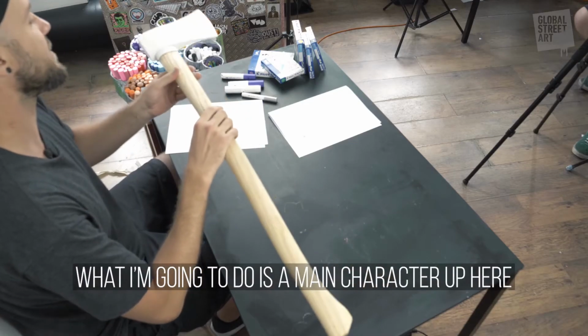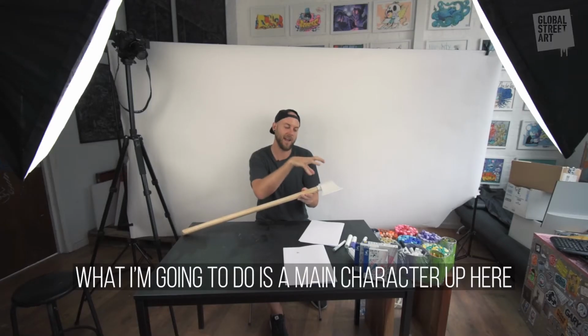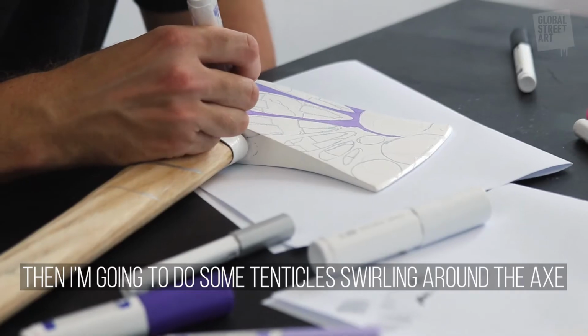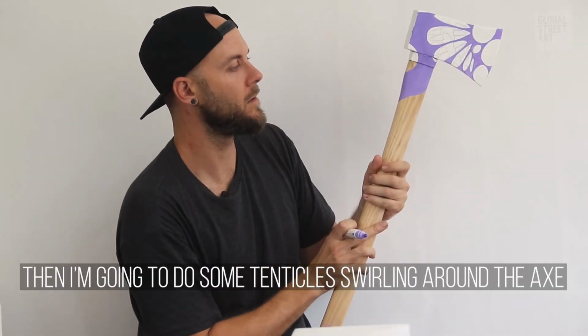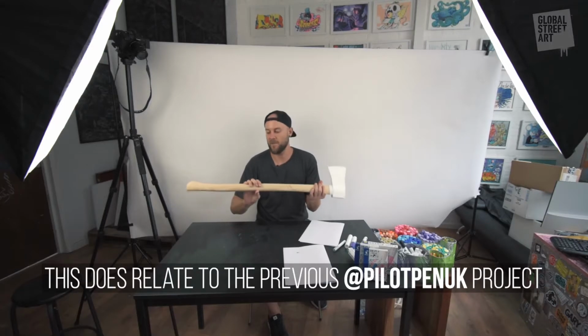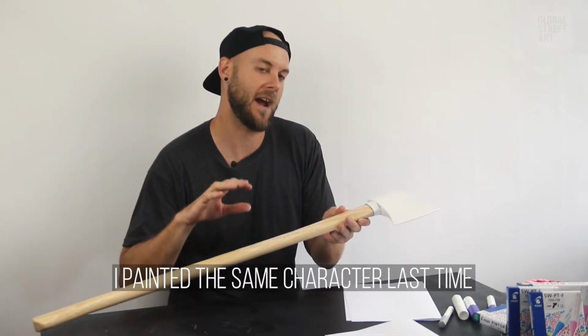Then what I'm going to do is a main character up here. I do a lot of character stuff. So I'm going to do the main bit of it up here, and then I'm going to do these tentacles swirling around the axe so that you can still see some of the wood as well. This does actually relate to the previous Pilot project that I've done, considering that I painted the same character